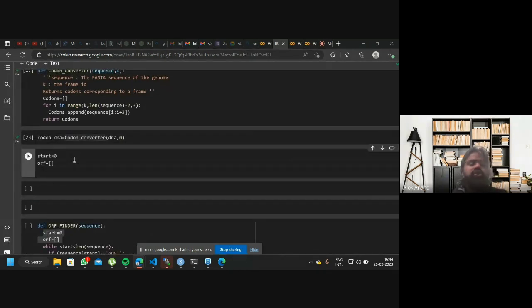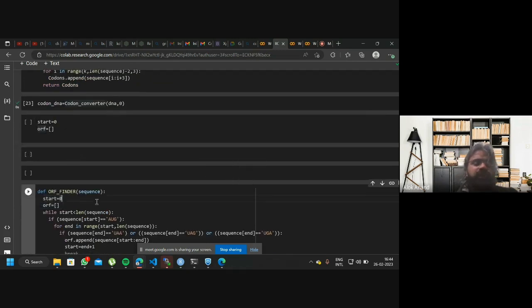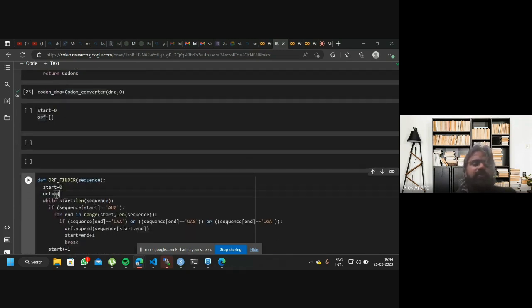Now see what I'm doing, I'm writing here start position equal to 0. I will start from 0. Then I will append all the sequence codons into an ORF, so that's why I'm generating an empty list here. Then